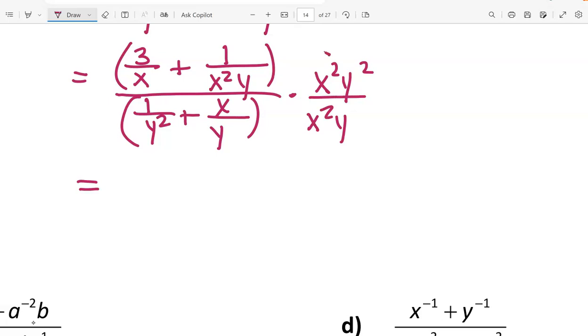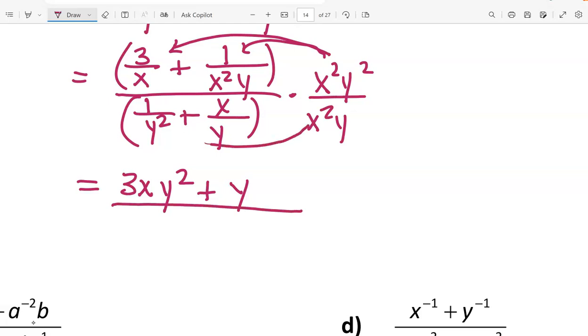So when we multiply our first term, one factor of x cancels, and we get 3xy squared. When we multiply the second term, x squareds cancel and one of the y factors cancels, which just leaves us with y. Downstairs, distributing,